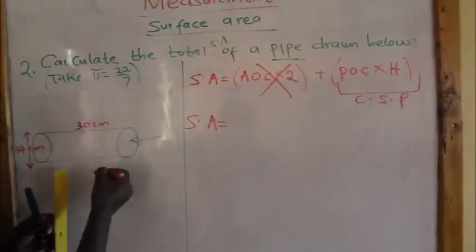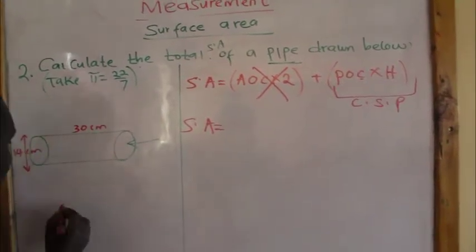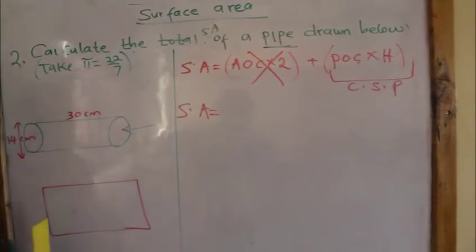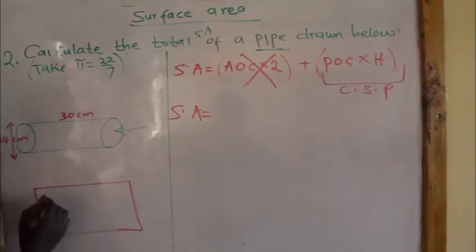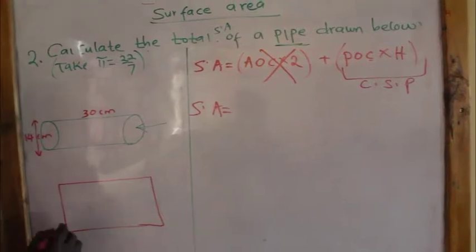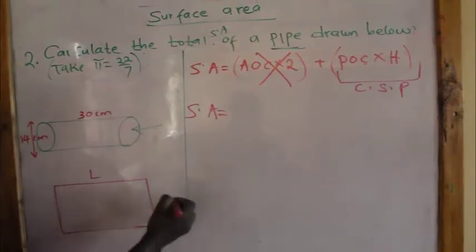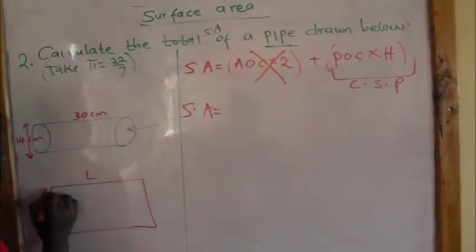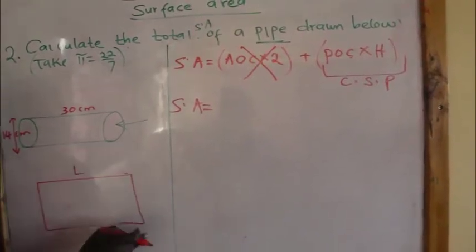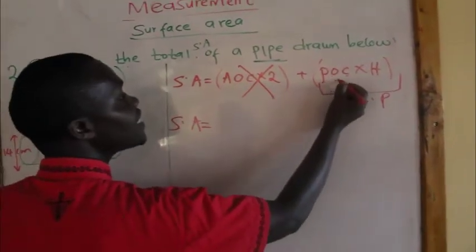It's because by finding the circumference of the circle, it is able to open us to getting the length of a rectangle. Remember, when you cut that pipe at the center of it and stretch it open, it's going to create a figure which is rectangular in shape. So in order to get the length of this part, it is upon us to calculate the circumference of the circle, which is pi d. Then, when you get the length and the width of the rectangle, by multiplying them we will get the area of this rectangle. And that's why we need to find the perimeter of the cross section.